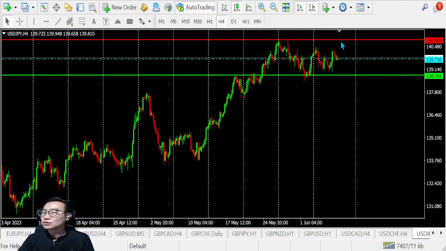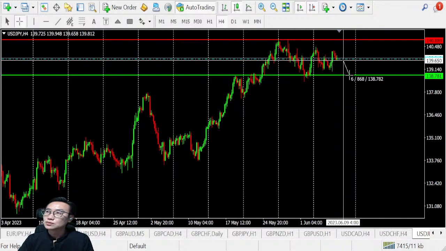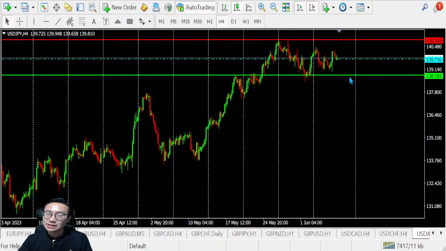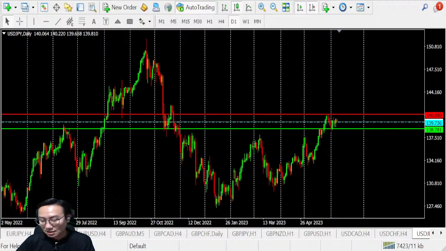So at this point, we will try to accommodate, and we'll try to do some express. Then after that, there may be some good chance for the dollar yen to drop from the top to the bottom of this support, about 86 pip. I think it's quite good, but the general trend is not good. I don't favor this kind of general trend. But there's a good chance for selling for dollar yen also. So you guys can take a look at the dollar yen.